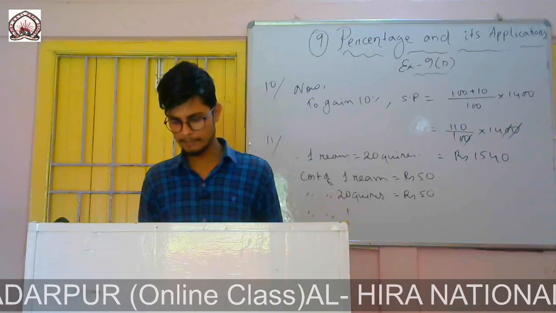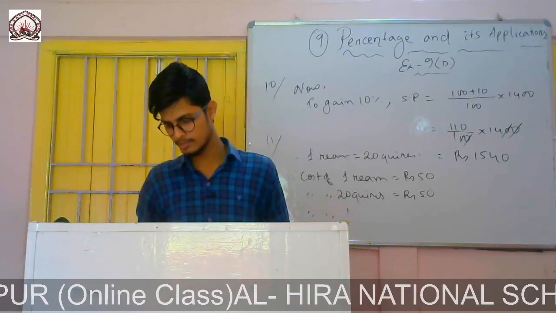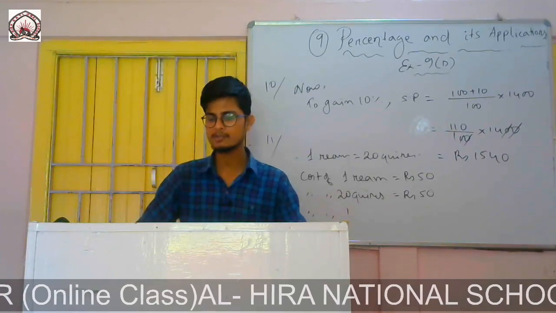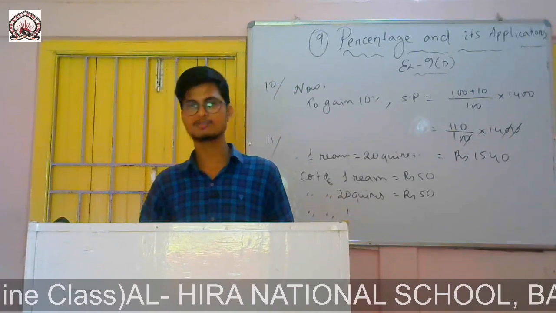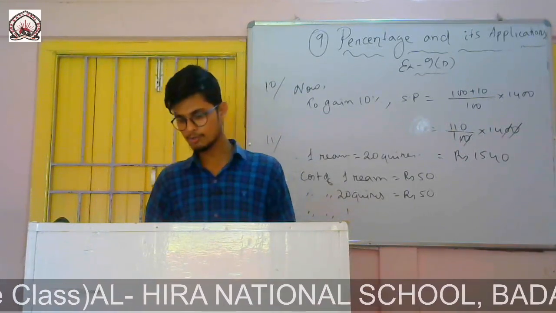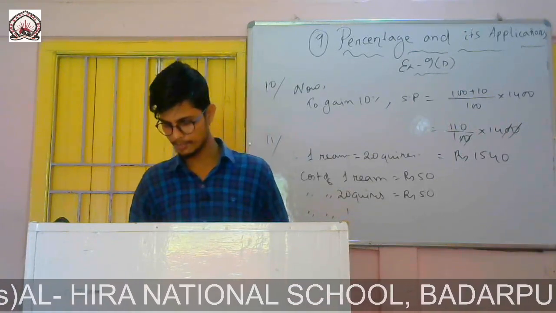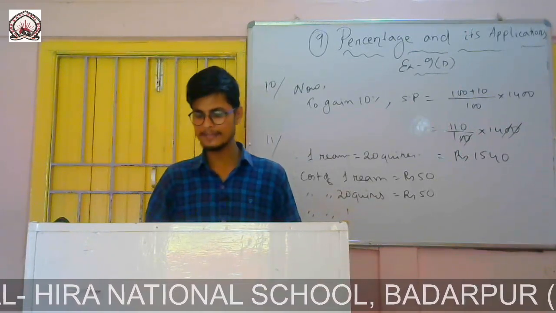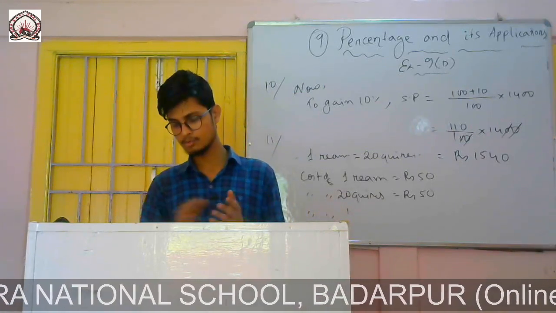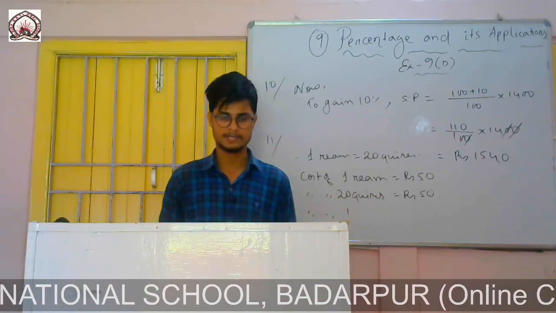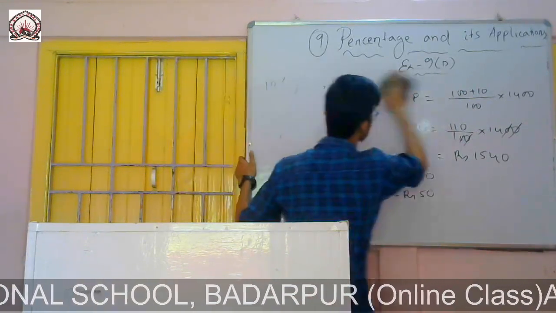So now question number 18. Sanjay purchased 125 stools at the rate of 120 per stool. The transport expenditure was rupees 250. He paid octroi at a rate of 2 per stool and coolie charges were rupees 250. So what should be the selling price of each stool if he wants a profit of 10%? First of all, we will find the cost price.